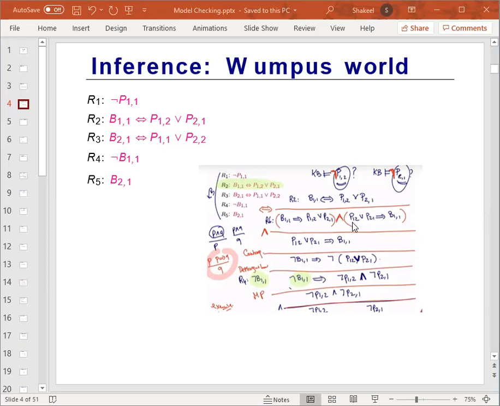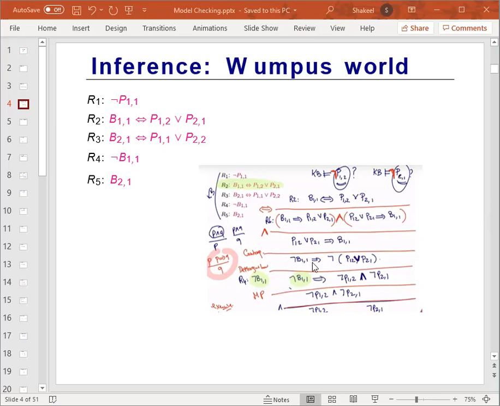This is by the definition of the conjunction. In an inference rule, if you have the conjunction, you could infer either side of the conjunction. So why am I using this one? Because I simply see that I have B11, and I want to be able to infer through modus ponens either P12 or P21. Remember, for modus ponens, if we have P and P implies Q, I can infer Q. But you would tell me that this is actually not the right side, and I would tell you that actually I don't have B11 either.